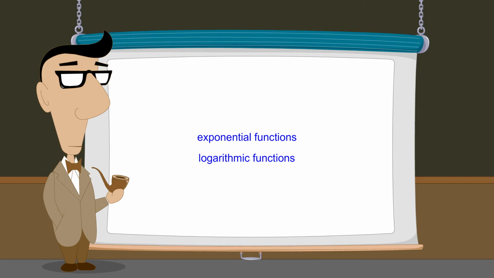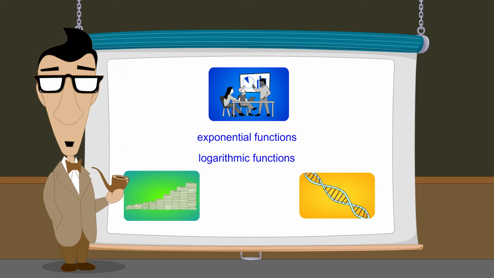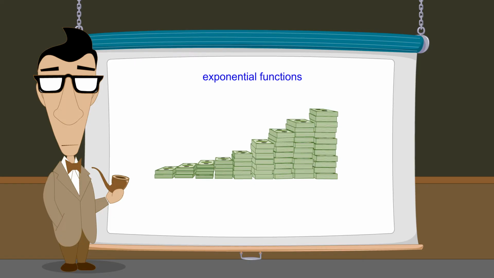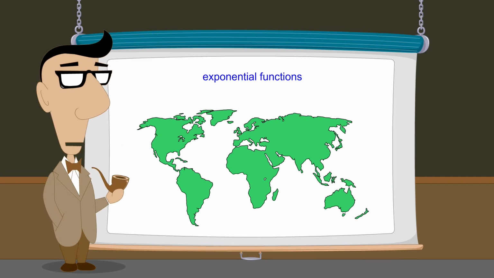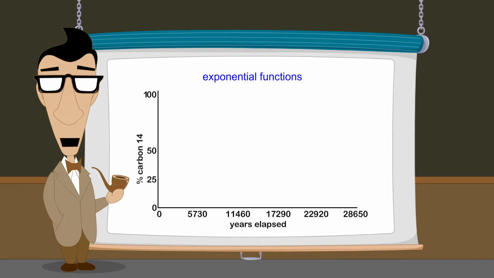Exponential and logarithmic functions are essential tools used not only in scientific fields, but also in calculations used in business, finance, and medicine. For example, exponential functions are used in banking and investing to calculate compound interest or return on investments. Exponential functions are also used to model changes in population of humans and animals, as well as archaeology and anthropology to calculate radioactive decay used in carbon dating.